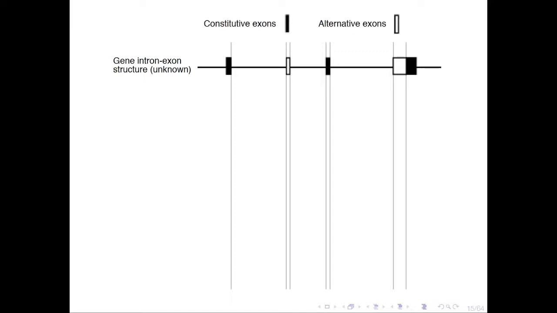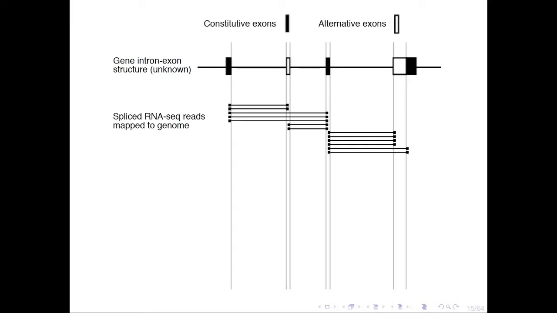And we came up with the concept of splicing components, and I think this is most easily shown graphically. So consider this gene that has 3 constitutive exons, as well as an alternative exon, and this 5' extension on this final exon. The spliced reads that you might see in this region might look something like this. And the way we define our splicing components is as follows.